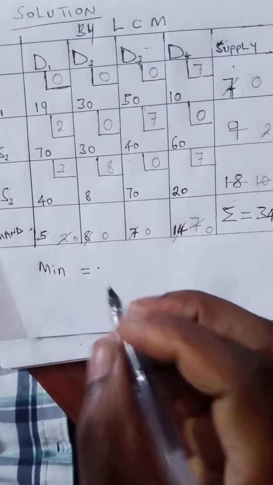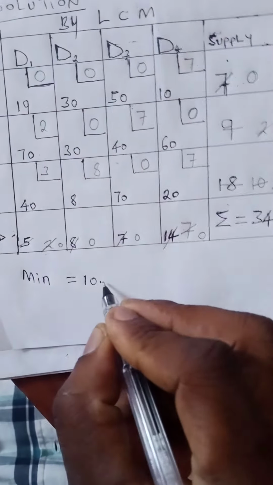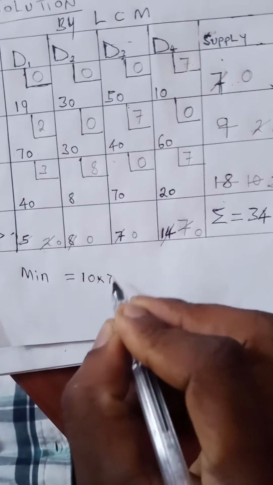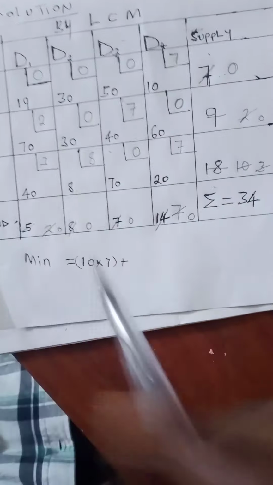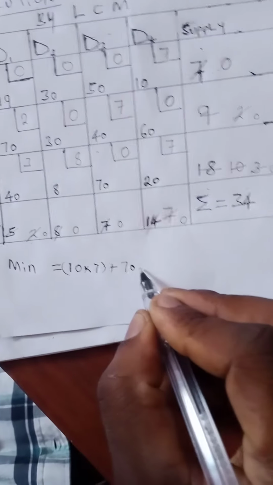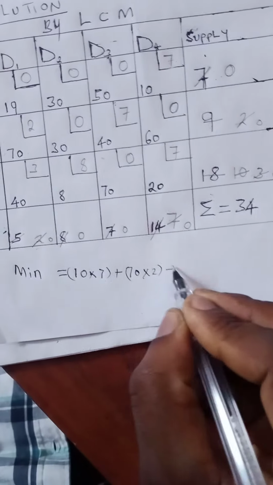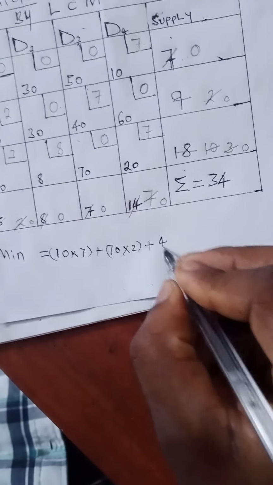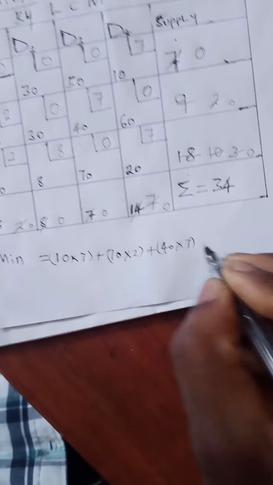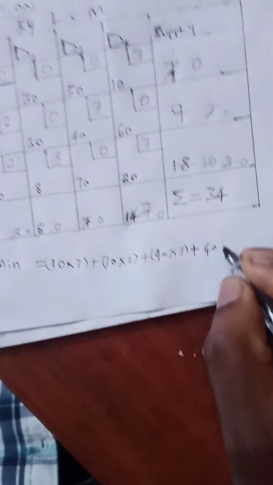Then we come up to here, we'll have 10 times 7 plus this here equal to 7 times 2 plus this 0, this equals 40 times 7, then plus this becomes 0, this and this equals 40